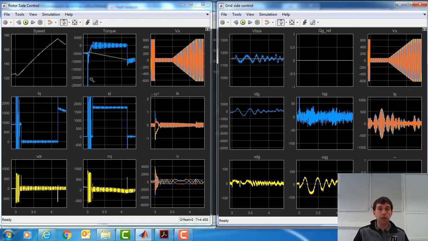Then if we see the rotor side converter performance, here we can see how at the beginning of the voltage dip, after the crowbar activation, we have made the Q component of the current 0, and therefore the torque is 0 as well, in its mean value, but there are oscillations due to the voltage dip. And therefore,